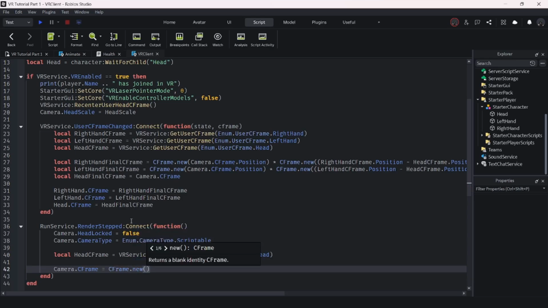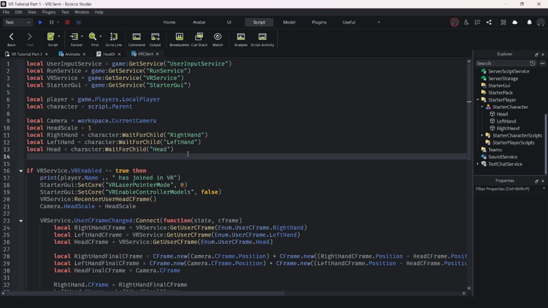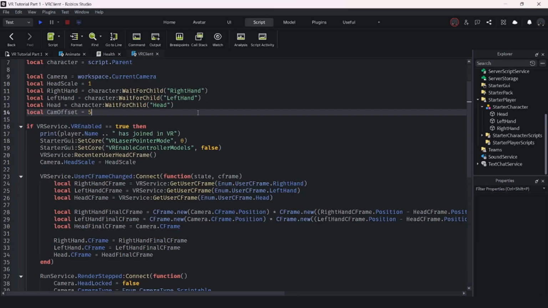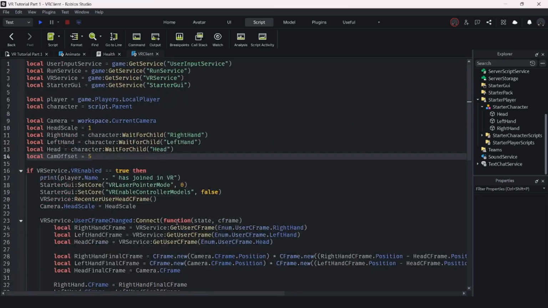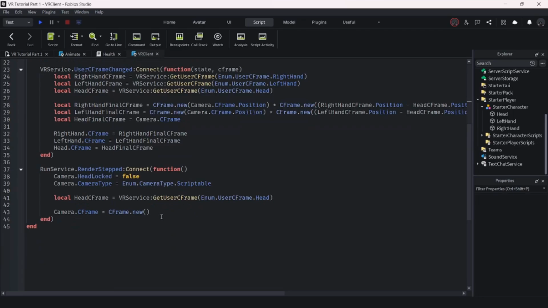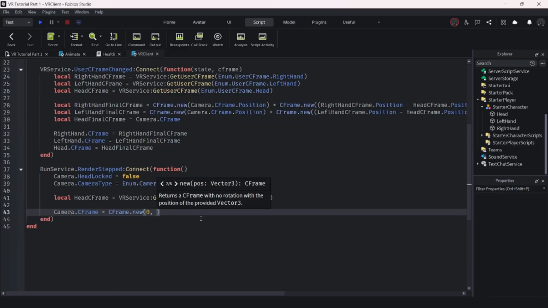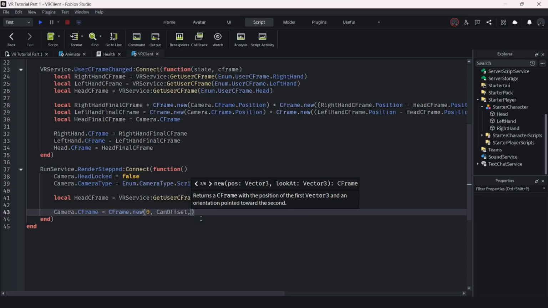And what this is doing is adding an offset, so we can come up here and do local camOffset equals 5 or 6, which are good numbers for a typical VR game. You can obviously go taller or shorter, however you want for your VR game. So Vector3.new(0, camOffset, 0)